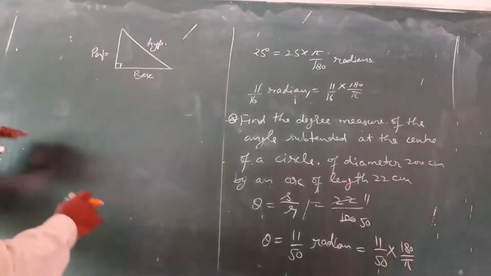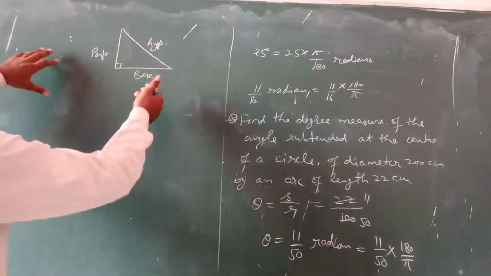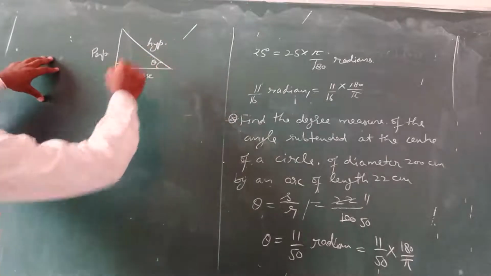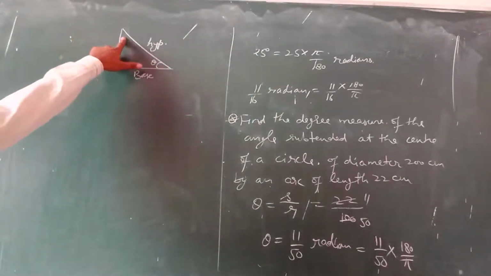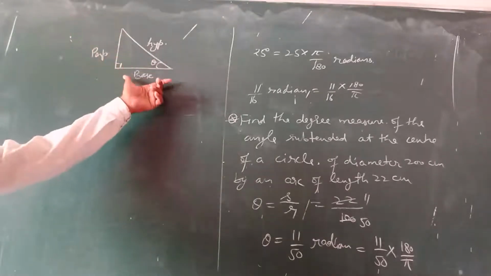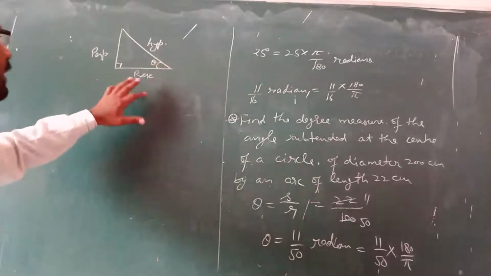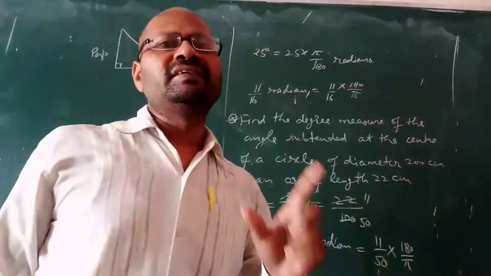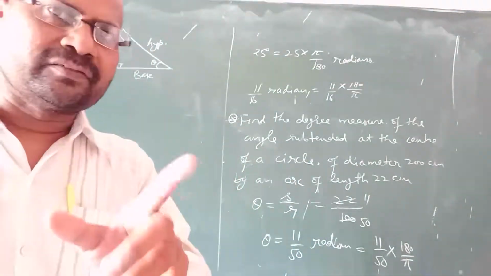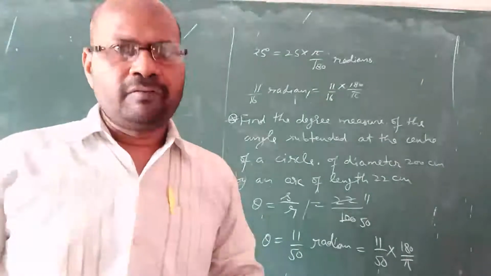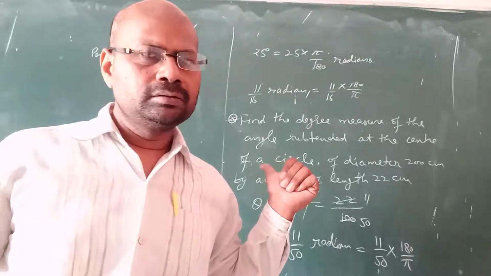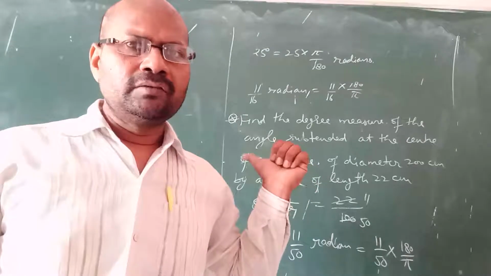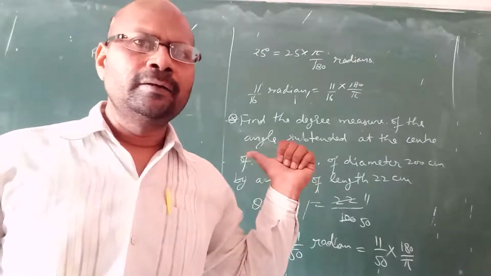Okay, now see under what conditions. If theta is here, this will be the base, this will be the perpendicular. If theta is here, this will be the base, this will be the perpendicular. That means the base is that which contains the 90 degree as well as the theta, when both the angles are on the line, that line is called the base.